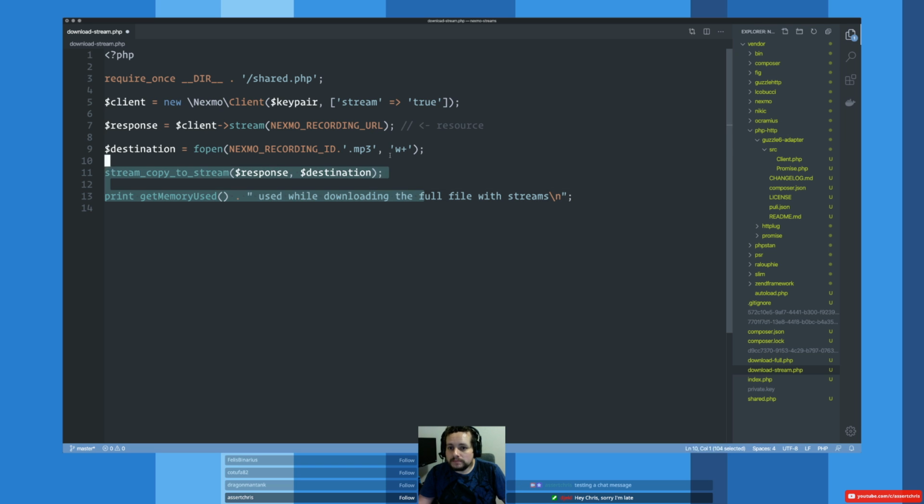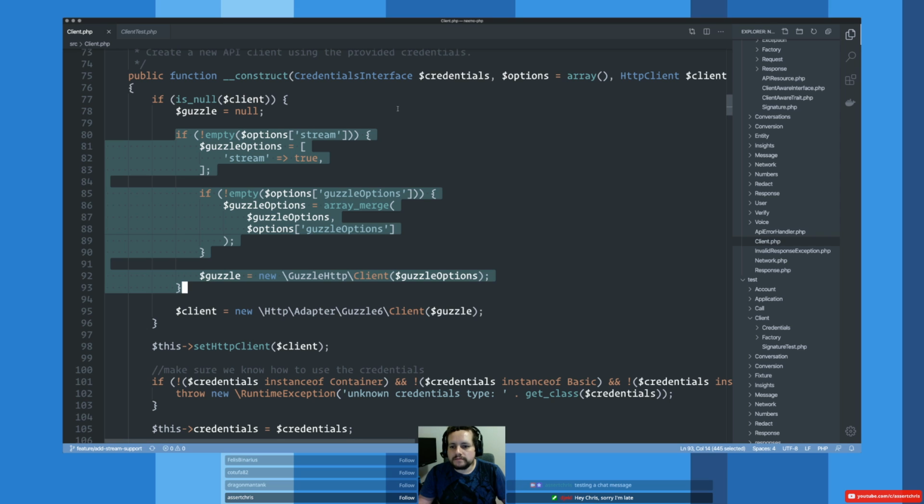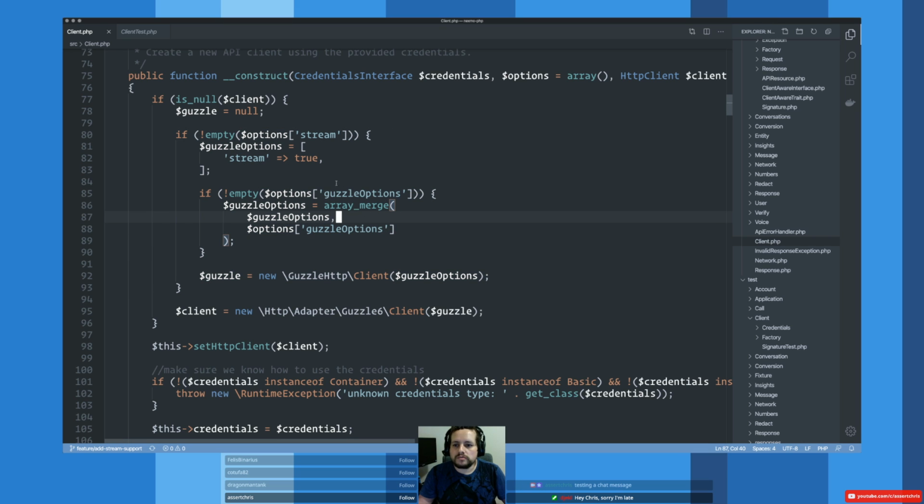So that's what I got up to in the PR, but I've since had a slight change of how I'm thinking about this, which is instead of having a separate stream and then a Guzzle options array,